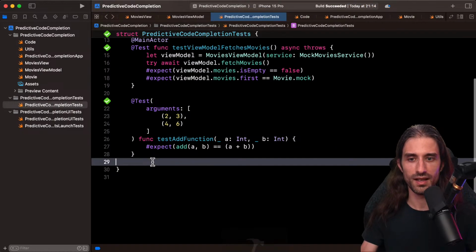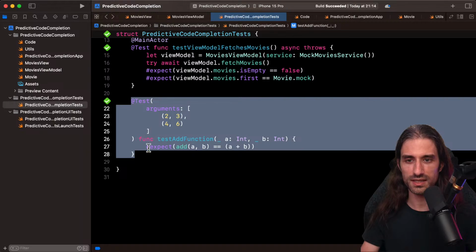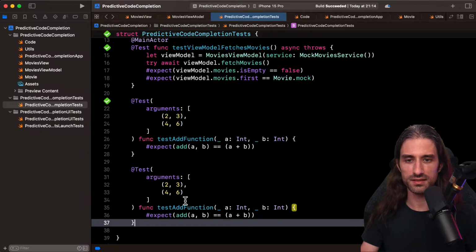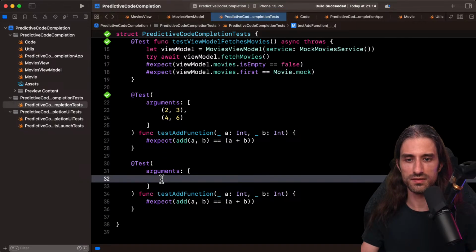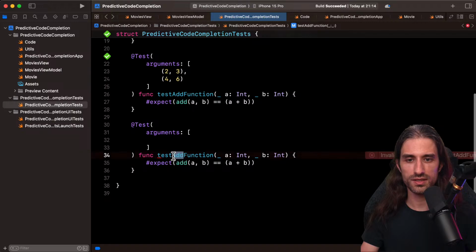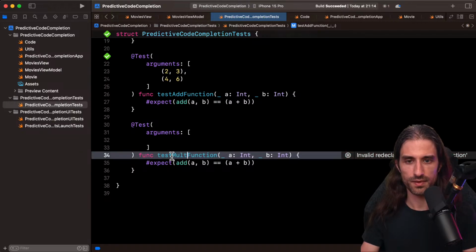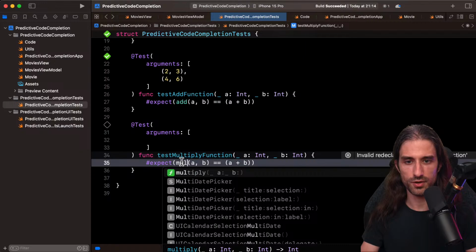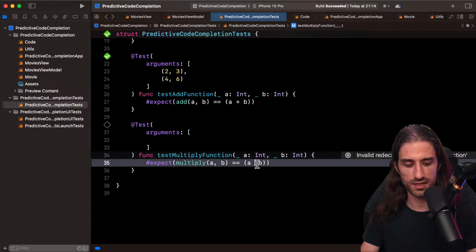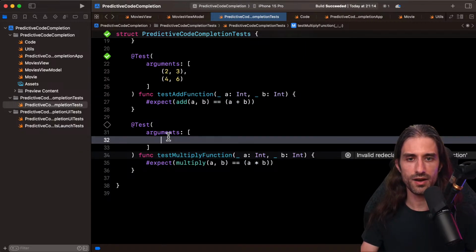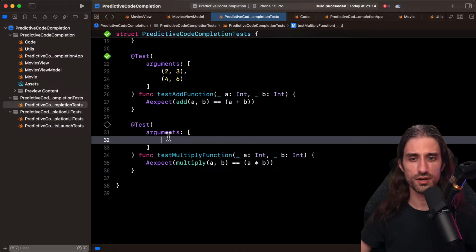All right. And now, you see, I'm going to take this code, copy and paste it. So remove these values right here. I'm going to call it test multiply function. So here I'm going to call multiply, and here I'm going to do that. And now I want to see whether or not it can generate correct values for the array of arguments.